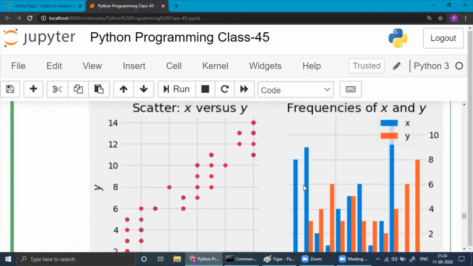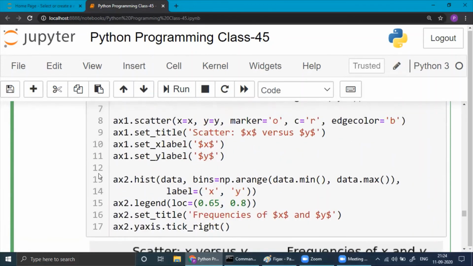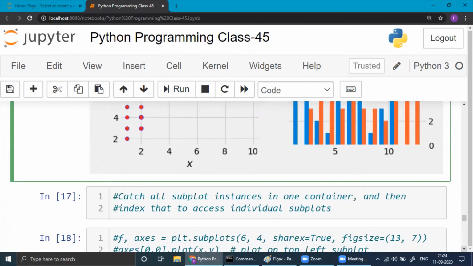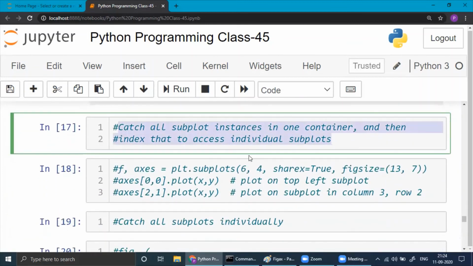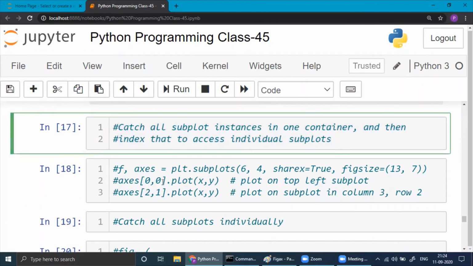Because here you have a bar graph, so you need to write, sorry, histogram. Yeah, this is what I should have written before. How you can get the plots? There are different ways.